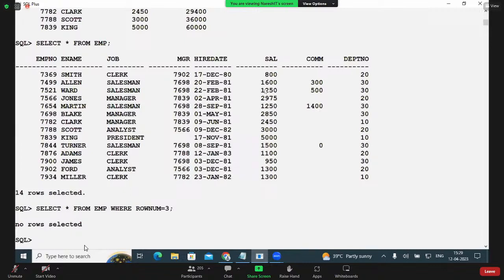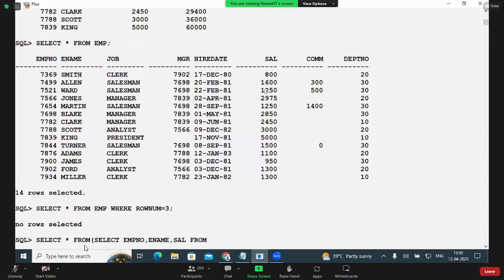But now, without less than or equals to and MINUS, without using this 3, I can use an inline view and get my required row or required position of row. How it is done here, observe. Select star from (select EMPNO, ENAME, SAL,